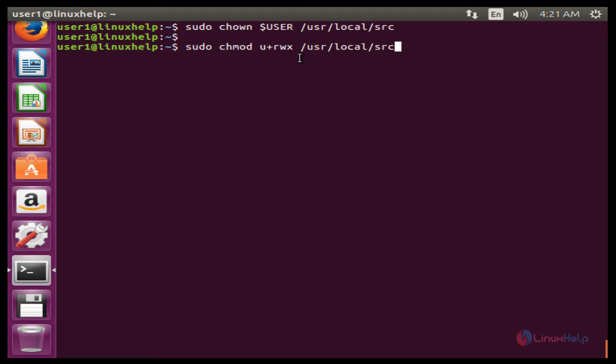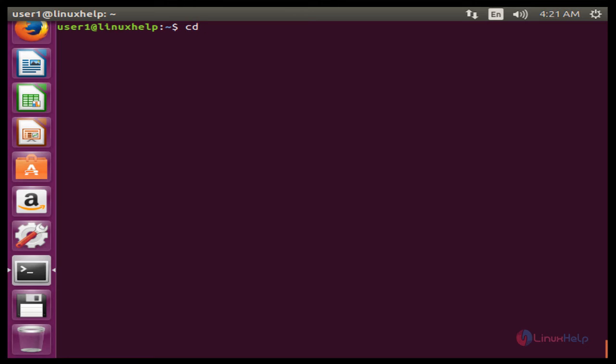Now enter. The next command is to change the directory. The command is cd /usr/local/src. Now enter to change the directory. The next command is to download the GoAccess software by using the wget command.